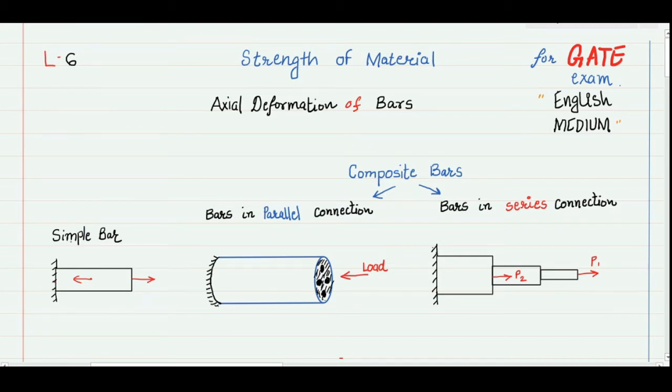In addition to simple bars, we have composite bars where the bars may be connected in parallel arrangement or in series arrangement. Here I am showing a block which is a representation of a concrete block where this outer material is representing the matrix and these four black dots are actually representing your steel rods. If I apply certain load here, the member will be subjected to some deformation, and stresses will be there, and that can be calculated by considering the system as bars in parallel arrangement. The second picture is showing bars in series connection where bars are connected side by side.